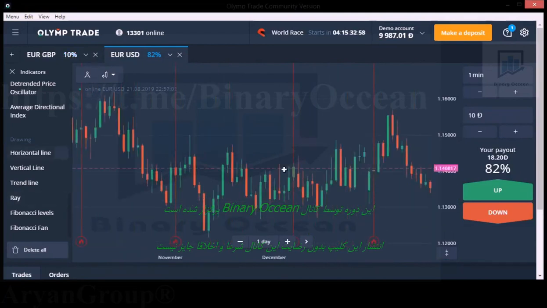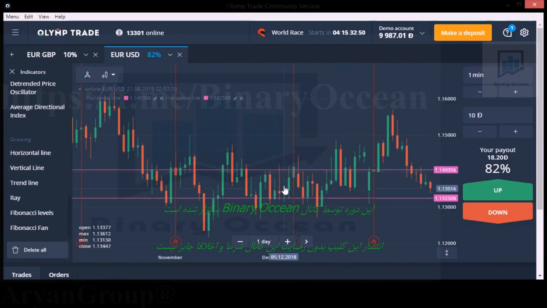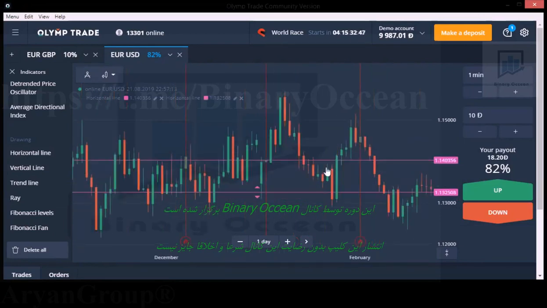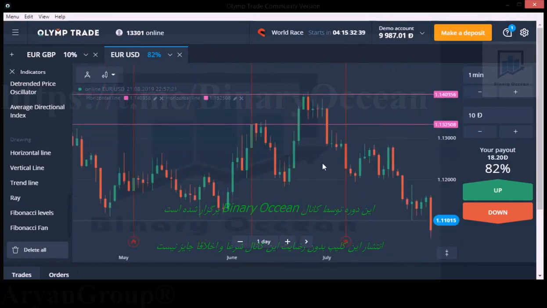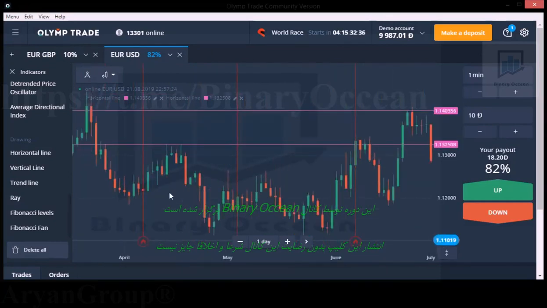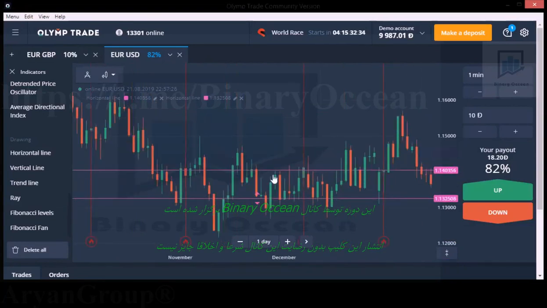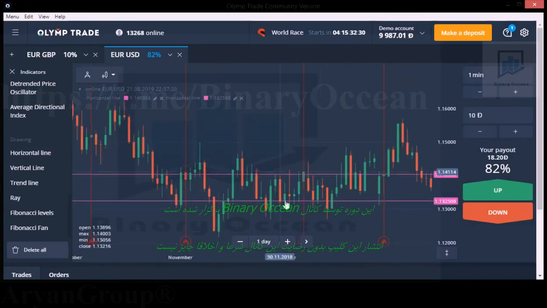So if you see any small ranging market or a consolidation area in the market, then draw the two lines around the area like this. Then avoid trading when the market is in between these two lines. Then you will escape from the consolidation area. This is a very simple point. If you see any consolidation area, draw the whole area, then avoid trading. If the market is in between these two lines, then avoid trading. There are more chances of making a consolidation area again.